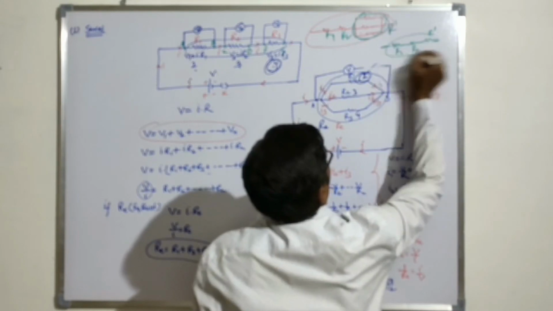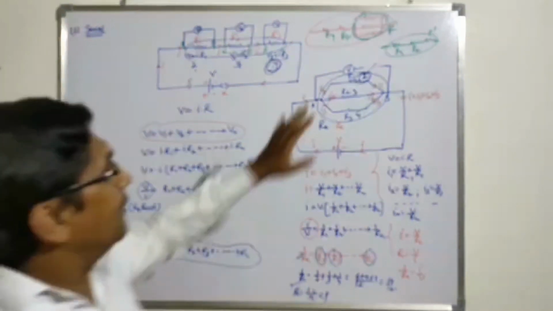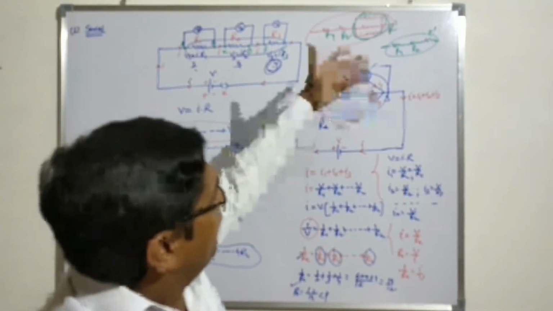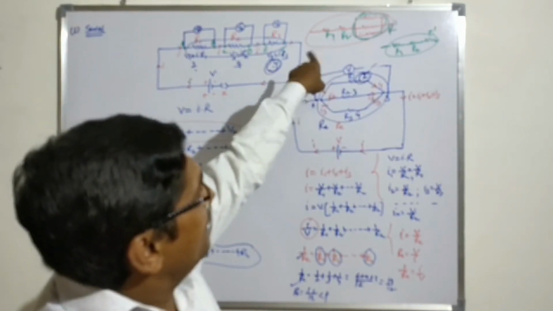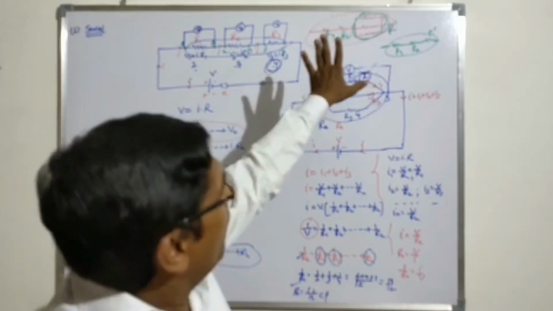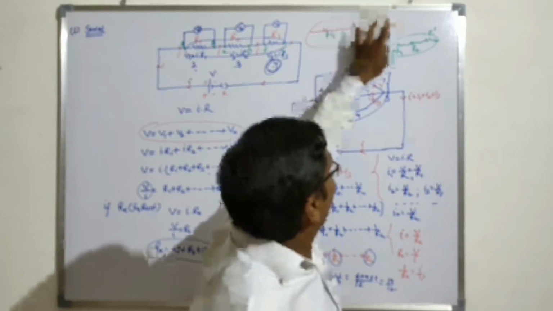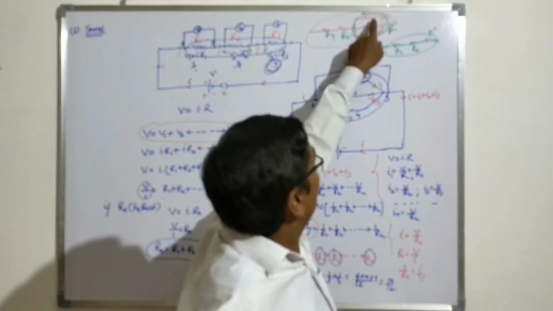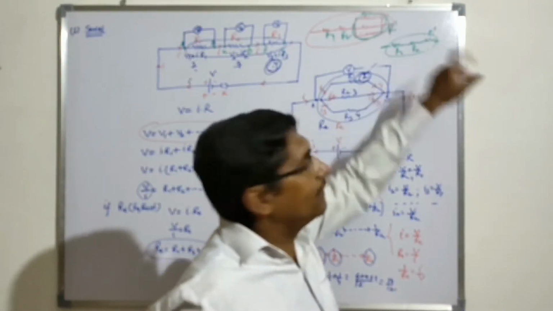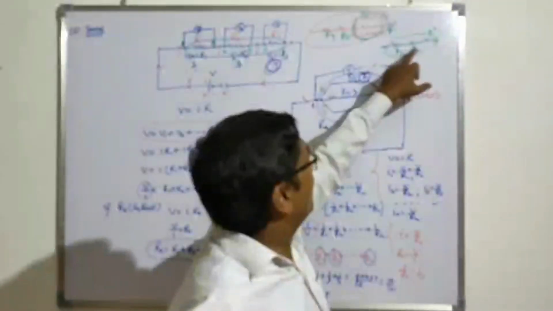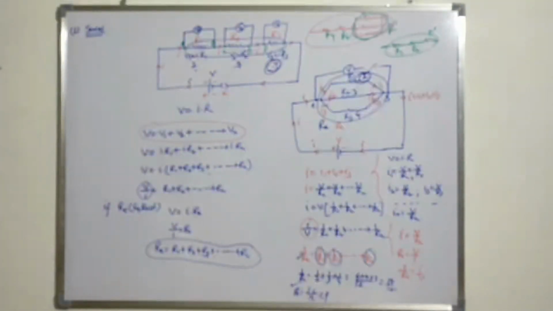Now these three are in series. In this manner, a mixed combination can be solved. In this combination, series and parallel both are present. So first we solve the parallel combination, and we get one equivalent value R dash, and this R dash is now connected in series. Then we can find R1 plus R2 plus R dash. So we can calculate the equivalent resistance. Okay.